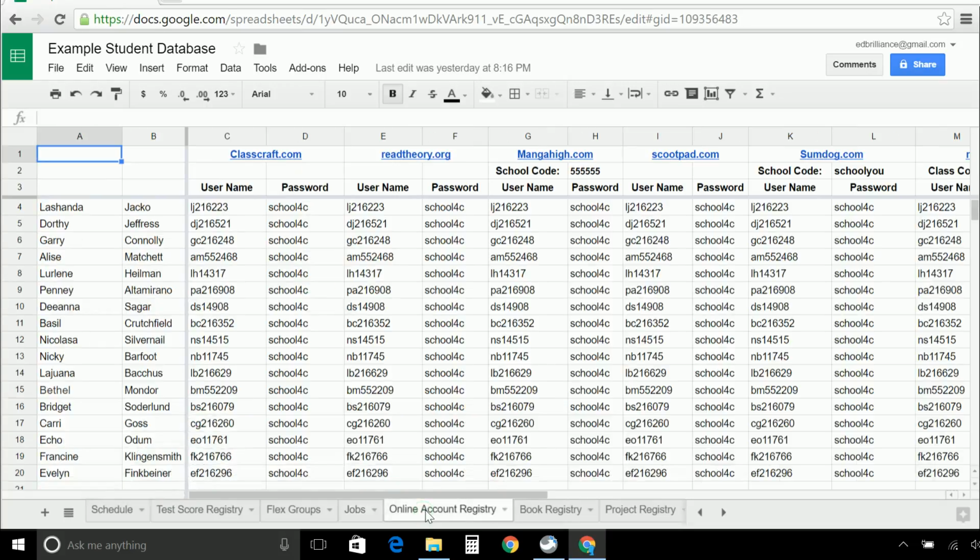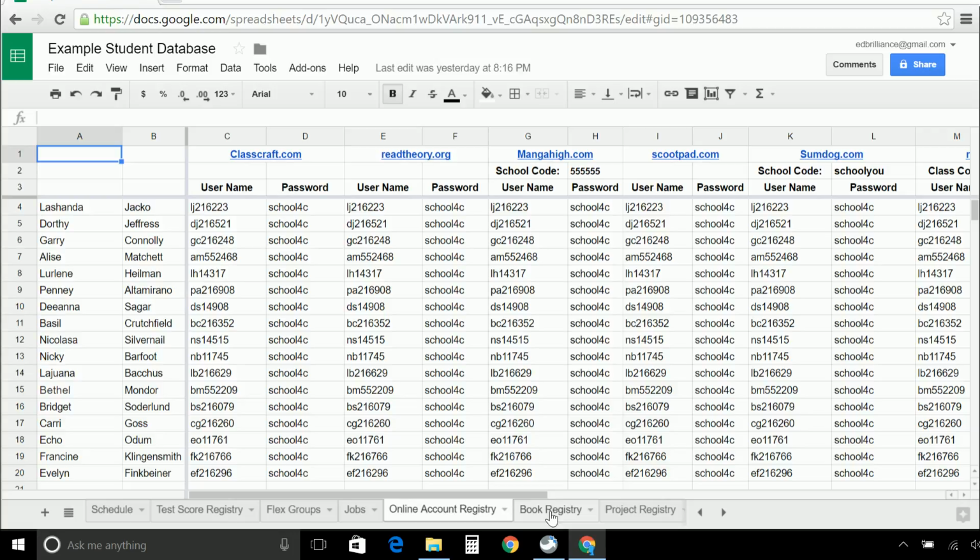I also have an online account registry. I use a lot of websites, so this helps a lot when going into the lab. I have a special password set that I use. I use the first initial, last initial, followed by the student number. And the password for every student in my class is the same. This way, the username is really the password, and students tend to know their student number. So when I go into the computer lab, I tend to have few problems with logging all of my students